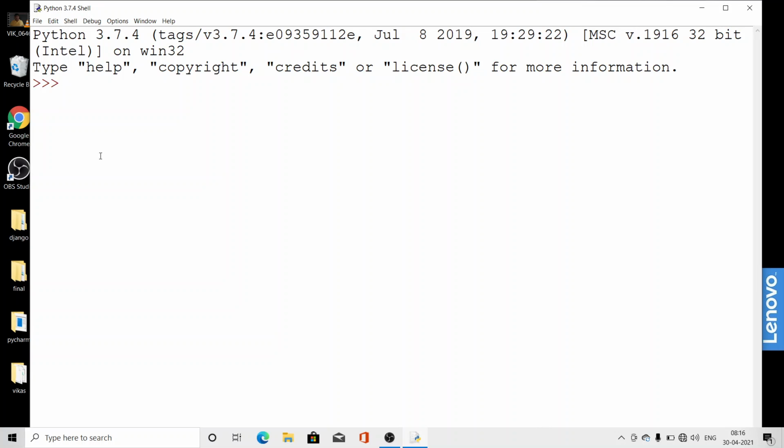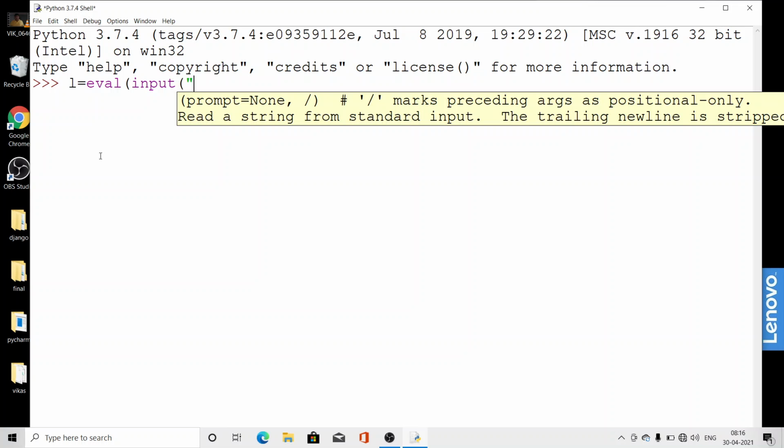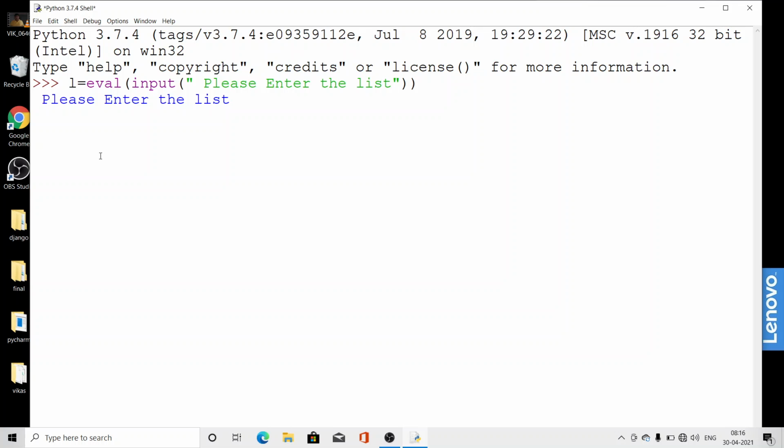Look, I told here about the input: L is equal to eval, and I gave input, and then I gave the message here, please enter the list. Look here, we have to give it in the list format.